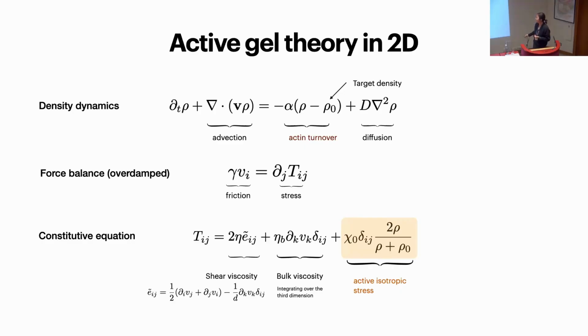So that's why we have a little bit of bulk viscosity. It actually turns out to be not very important. We just put it here just for completeness. And then the third one is, so the simplest assumption